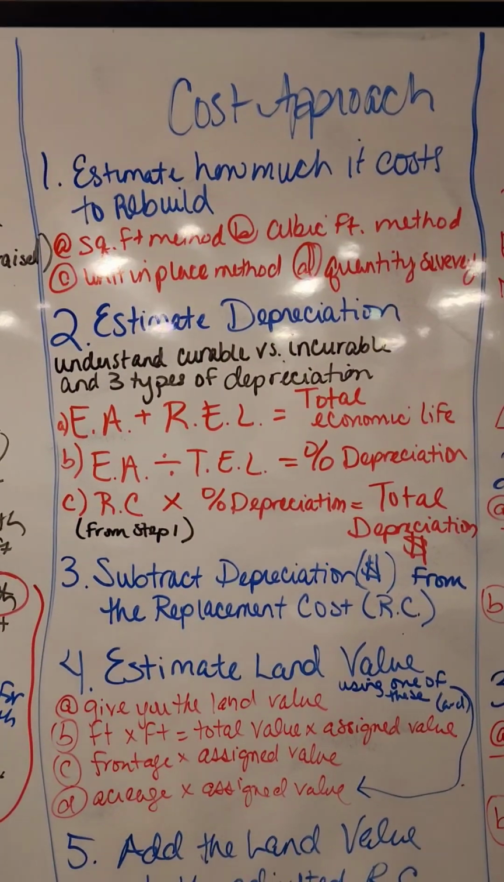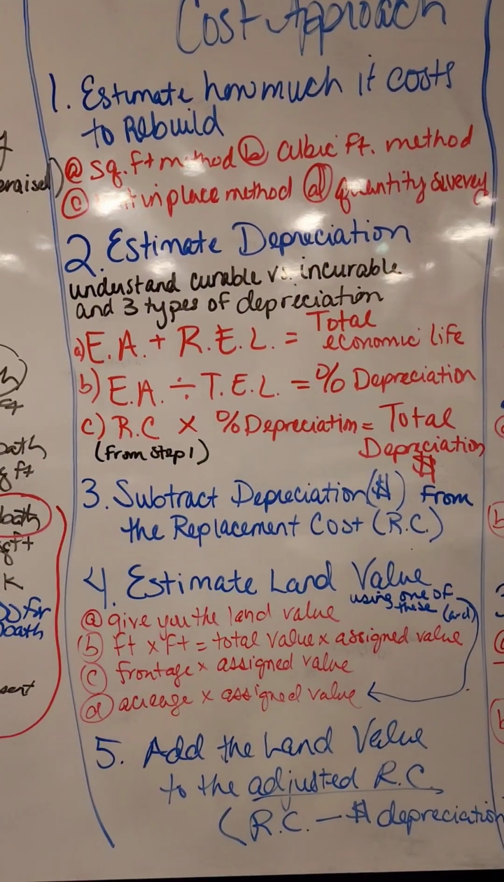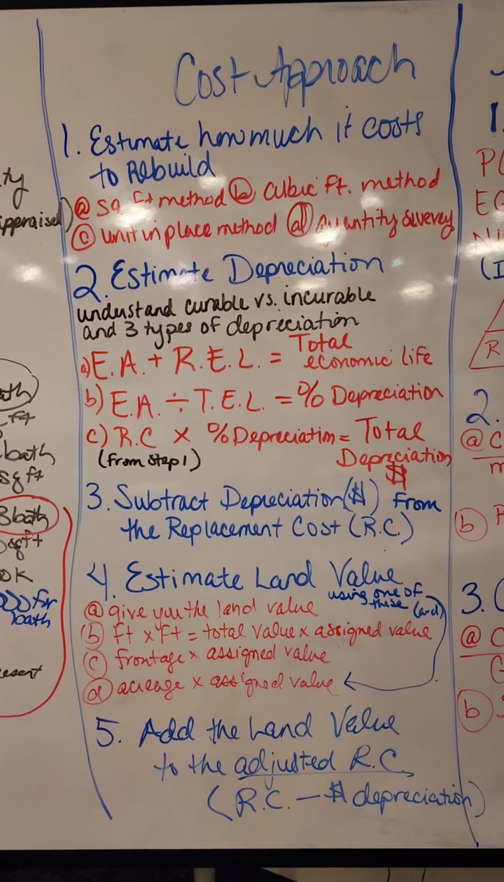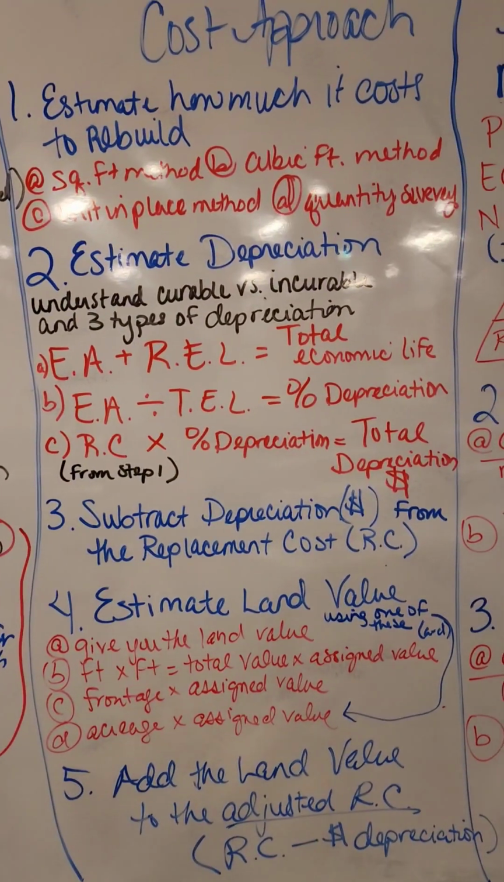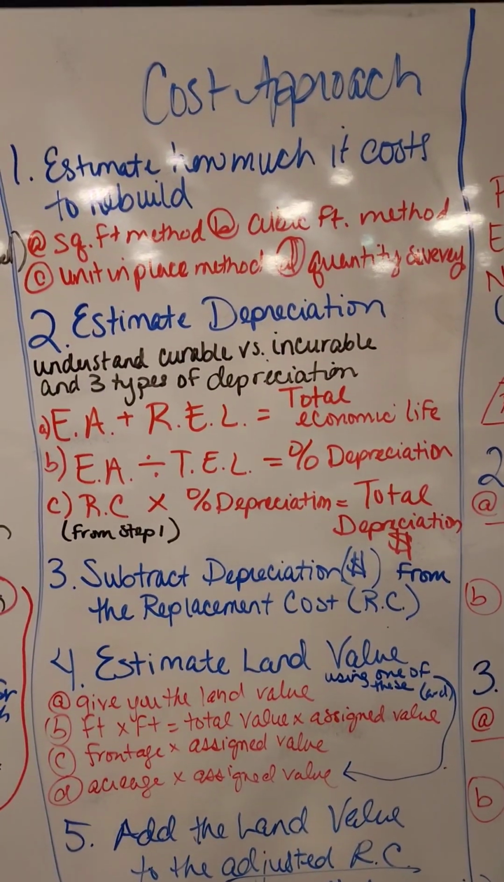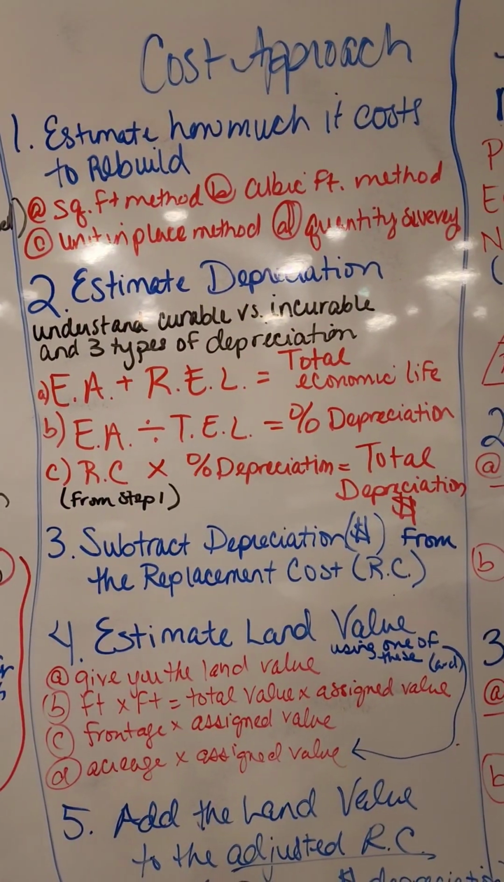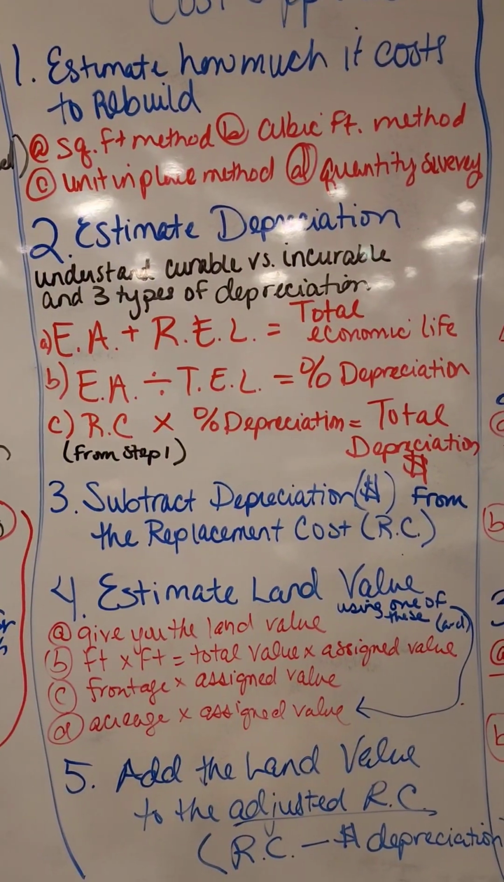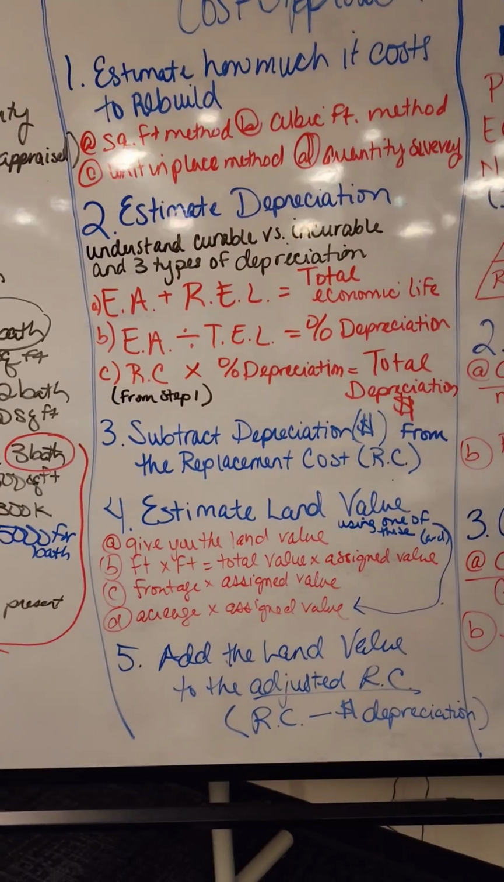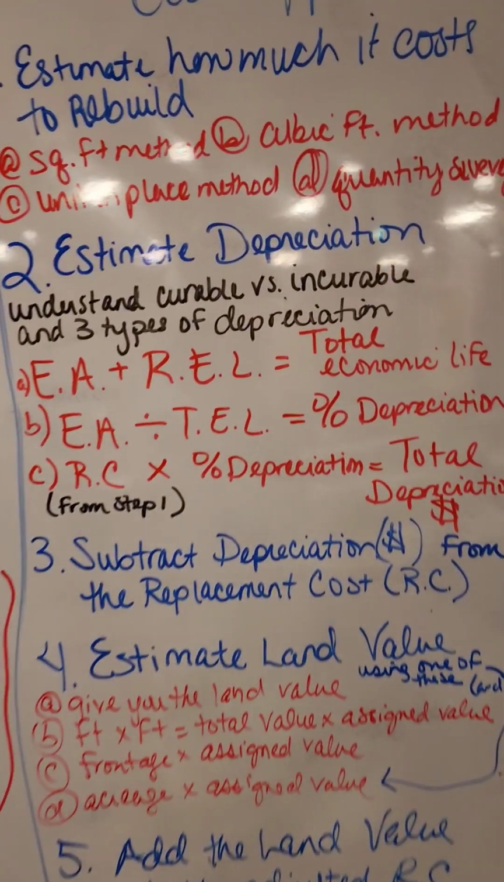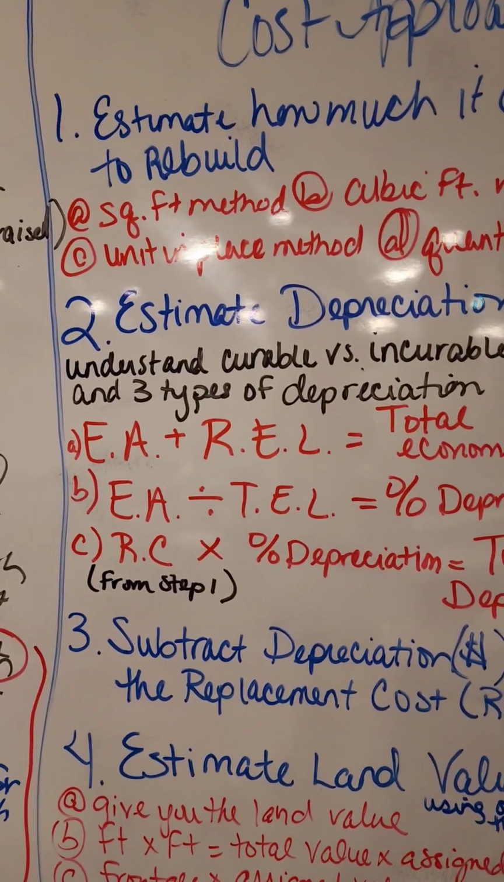The cost approach, also known as the summation approach, has 5 steps. The first part is estimating how much it costs to rebuild that property, or the estimated replacement cost. So when we talk about the replacement cost, usually there are 4 methods that would be used: the square foot